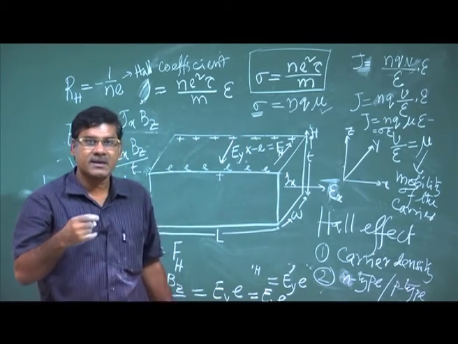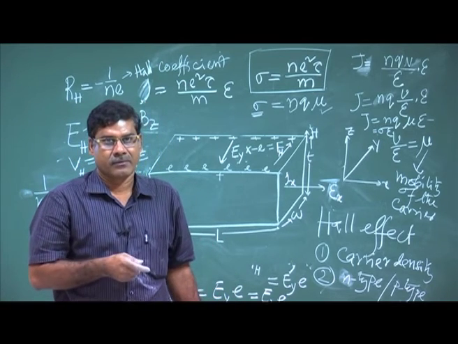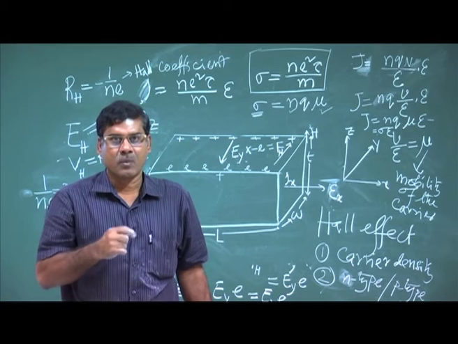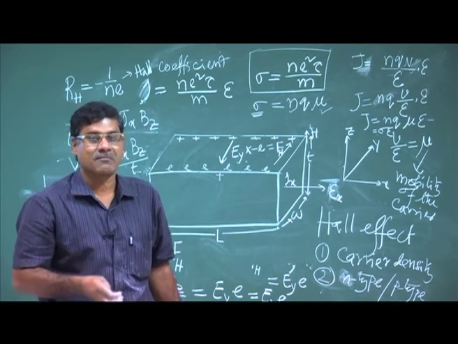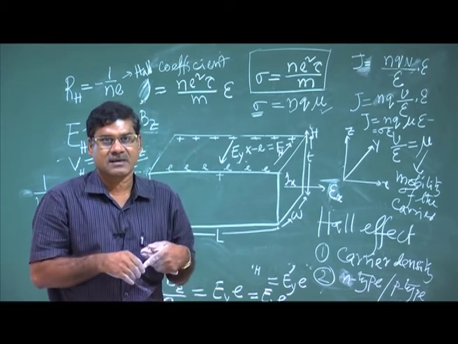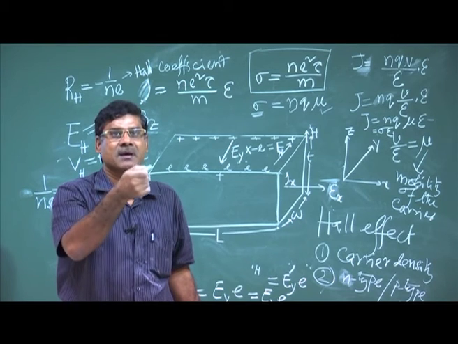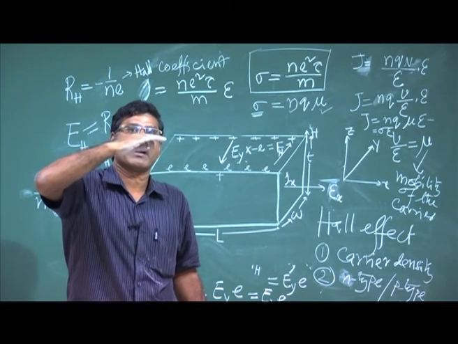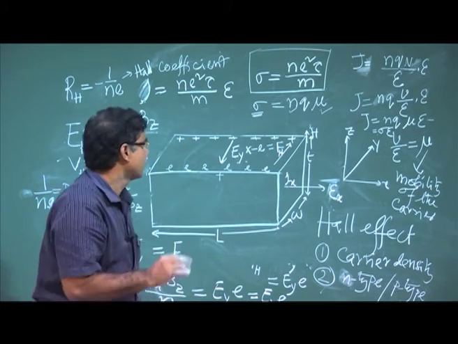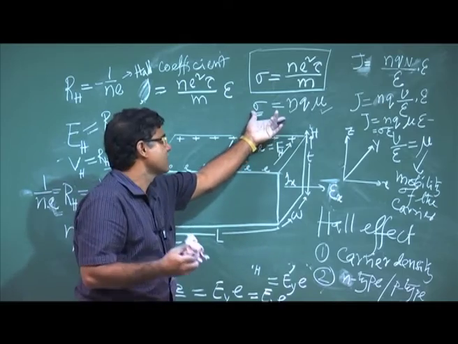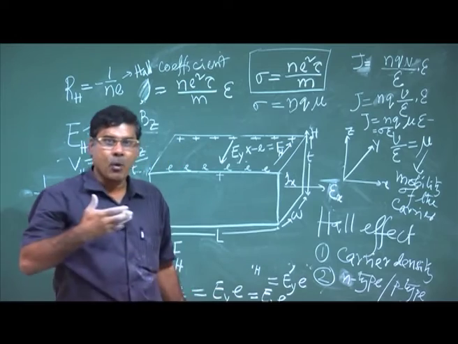Now, the mobility of electrons varies depending on which band it is, and the mobility of the holes also varies depending on which band it is. Sometimes it becomes negative, like mass, sometimes negative, sometimes positive, whether it is in the upper band or at the bottom of the band, etc. So, that effective mass you have seen. So, we want to measure the mobility also, right.